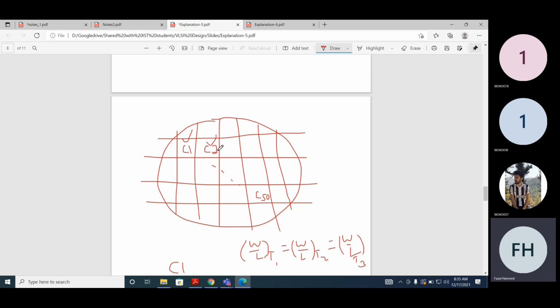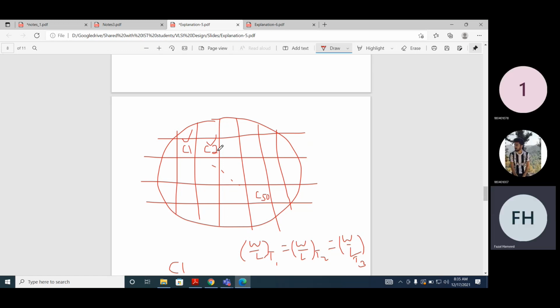Let's say you want a width of 50 nanometer, but when we actually fabricate a transistor, maybe the width is not actually 50 nanometer. It may be 50.1 nanometer. And maybe the same for the other transistor. So there is a variation in the behavior of these transistors.